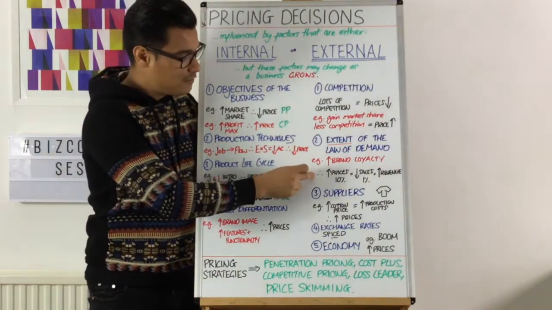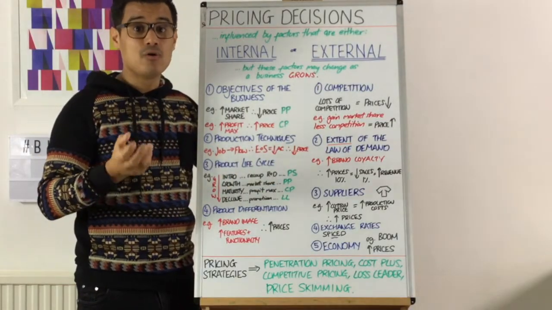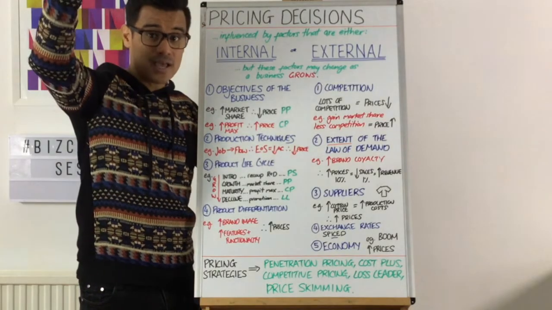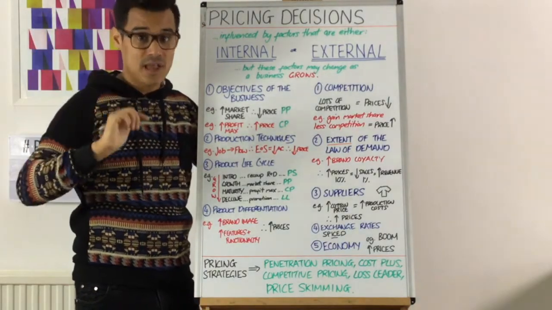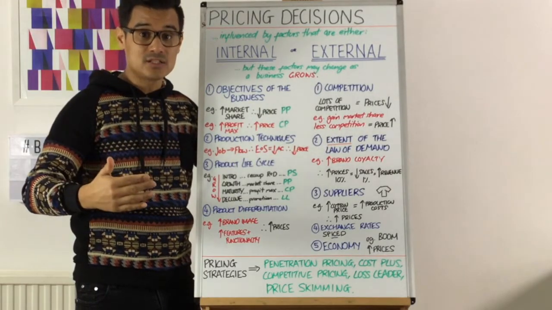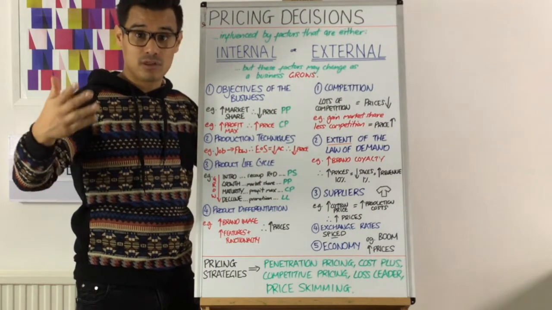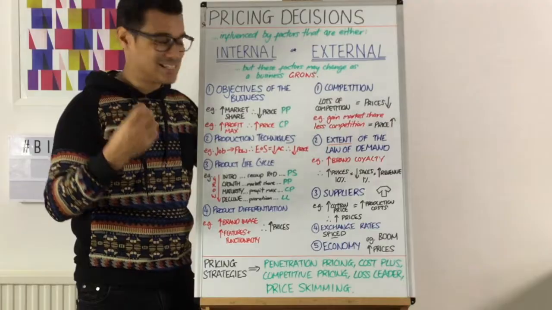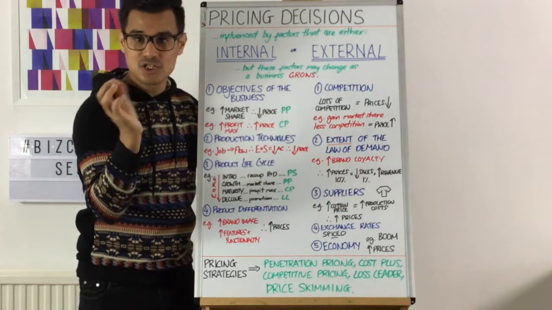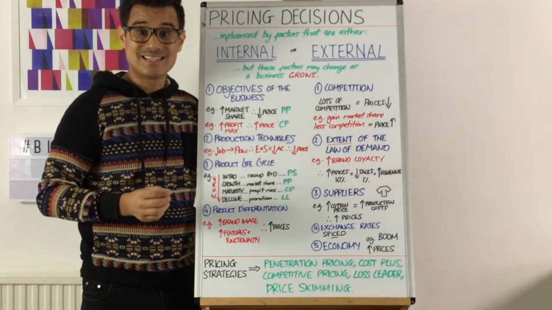For example, if you increase your prices by 10%, your sales may only fall by 1%. So you increase your prices by 10%, but your sales fall, yes, but only by 1%. And if that happens, well, that means that your revenue overall is increasing, and it's likely your profits will therefore increase. And that's because of the extent of that relationship between prices and sales, the percentage increase on either side. And that will make a difference to your pricing decisions.